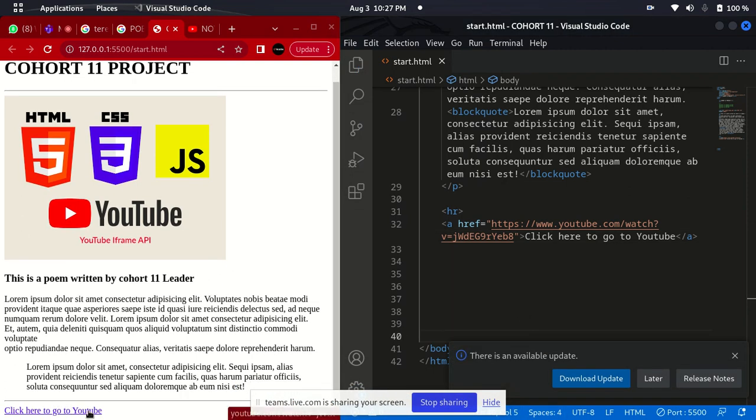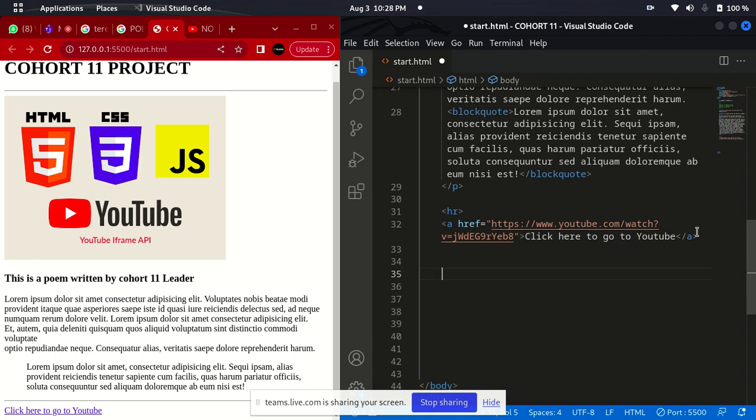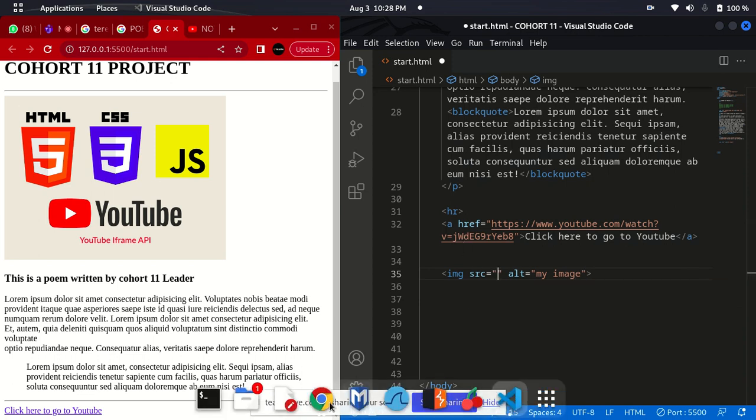This is the link. If you can see it very well, you see it here. Okay, I want to give some spaces at the bottom so that we'll be able to scroll. What should I put there? Let me put another image. Another image is going there again. IMG. My image. The source should be something like